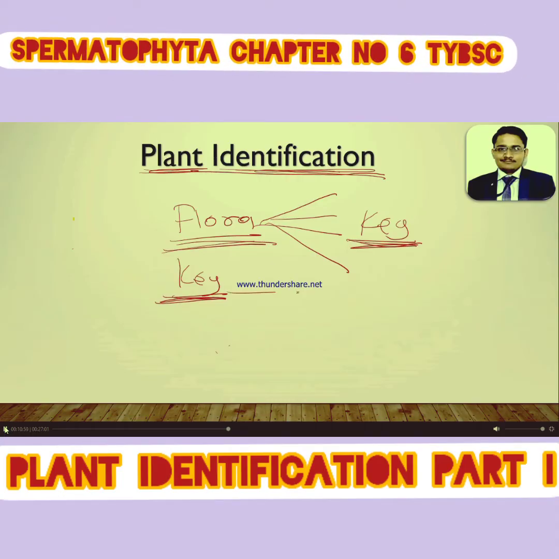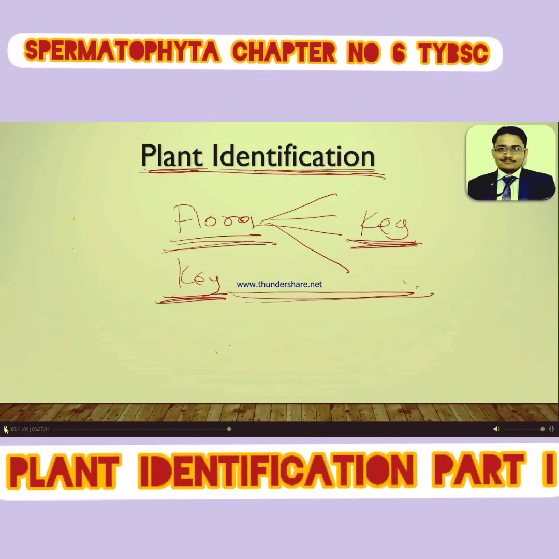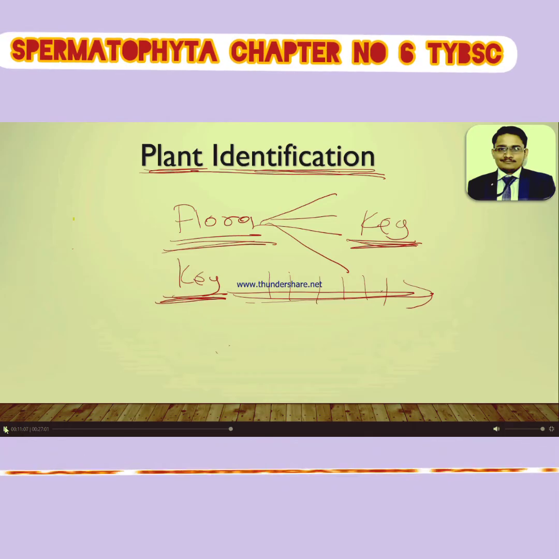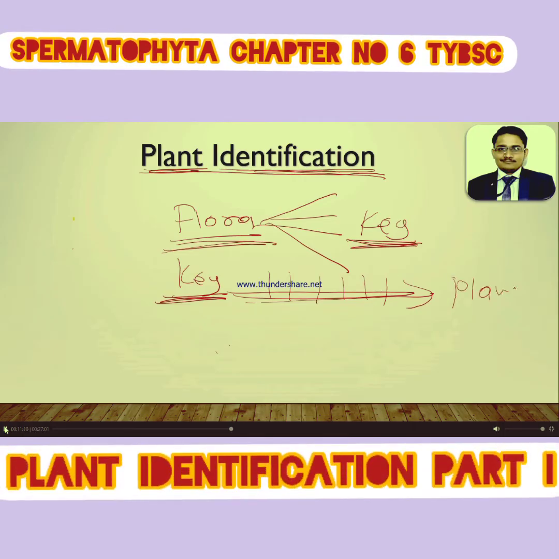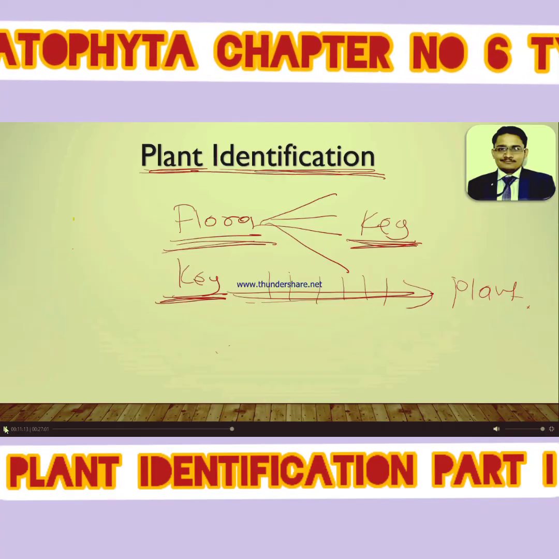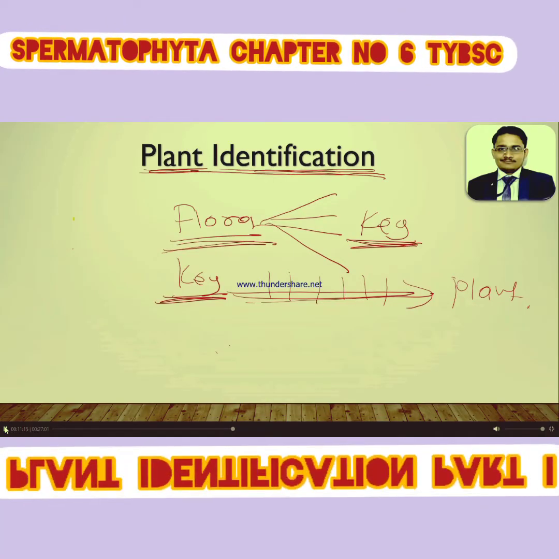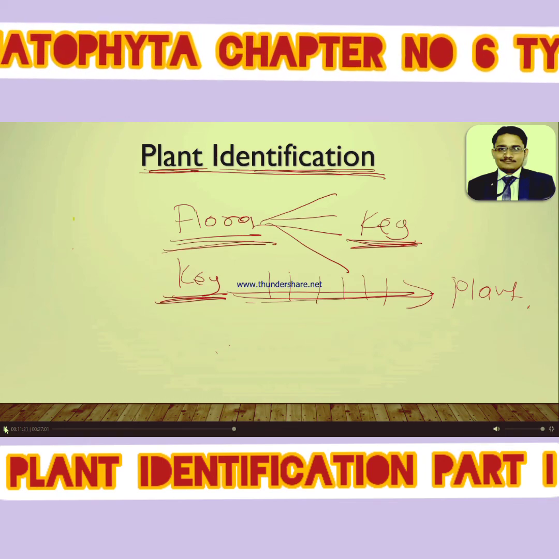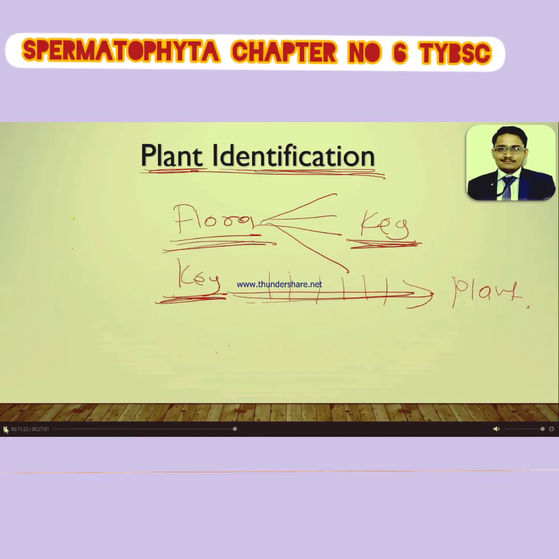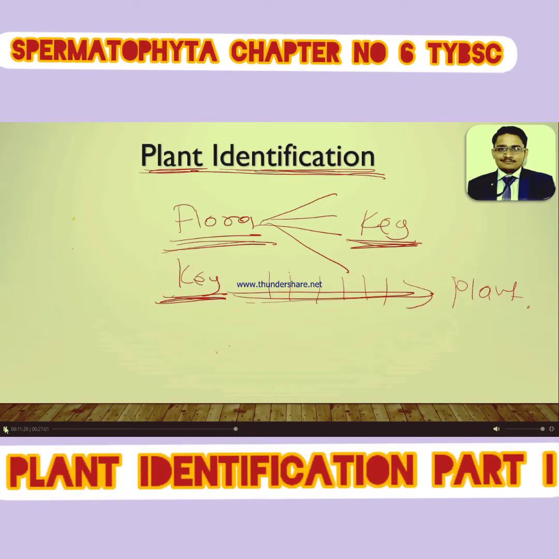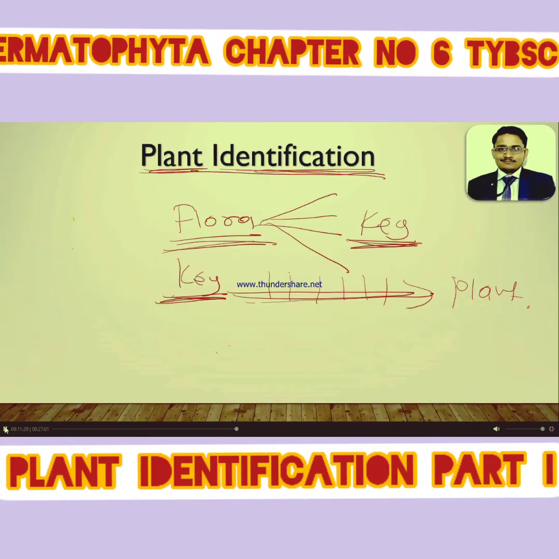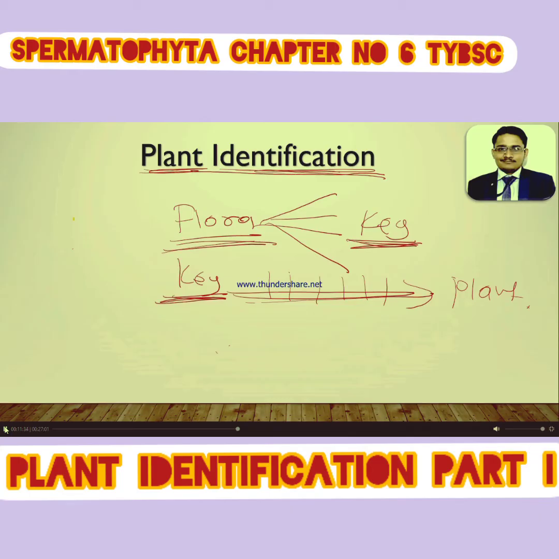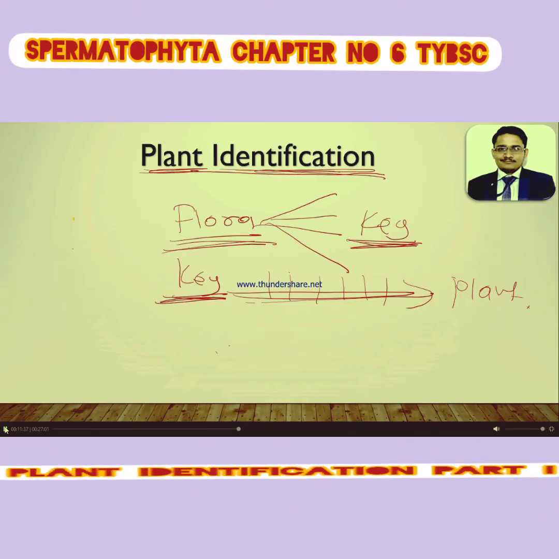A key is nothing but the path, or descriptive path, to identify a plant. That is known as a key. These are the two important techniques during plant identification. Keep in mind, when we see in detail what a plant identification key is, I will explain again. But here you only remember that plant identification can be done in two ways: by matching the known species with the unknown, and second, by the flora by means of keys.